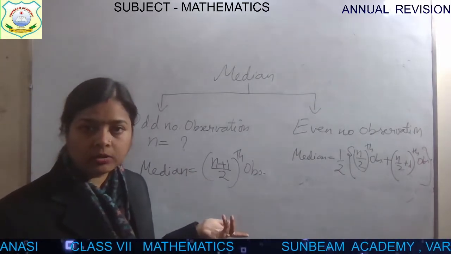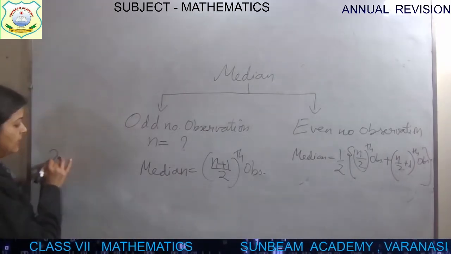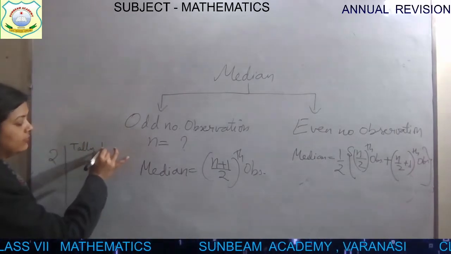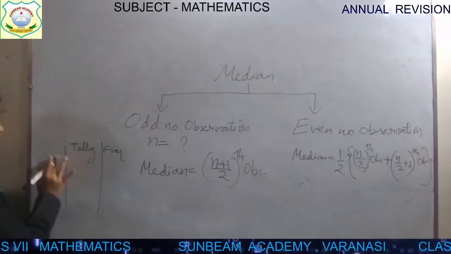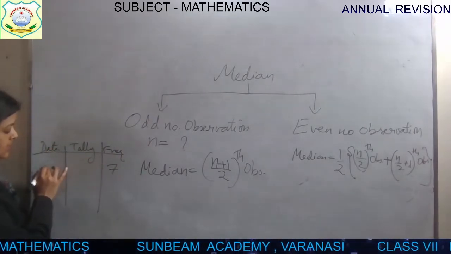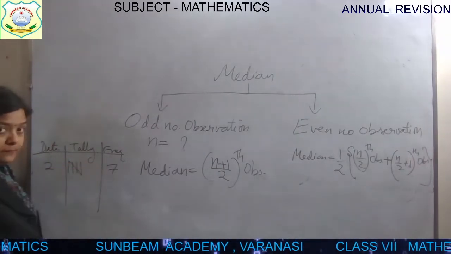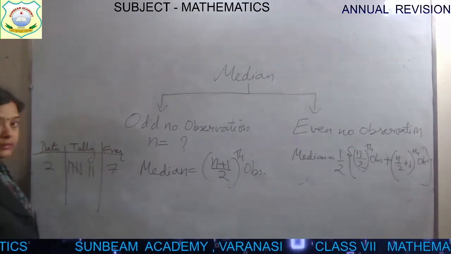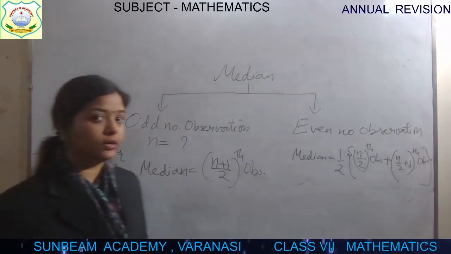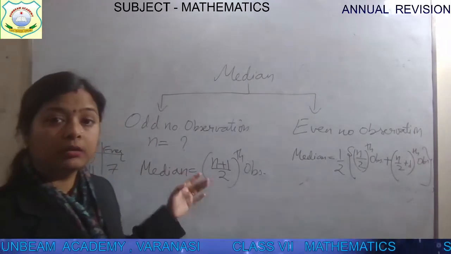For frequency table also, if 2 occurs 7 times, so 2 you will write here, then you will write tally marks and then you will write the frequency. यहाँ पे आप लिखेंगे डेटा, the observation, ठीक है. अगर 2 आने की frequency 7 है, so you will write 1, 2, 3, 4 और 5 ऐसे, and then 6 and 7. In this way you can show the tally marks. Okay, right now you are not able to show it, so you just have an idea of the tally marks and then focus on the formulas.